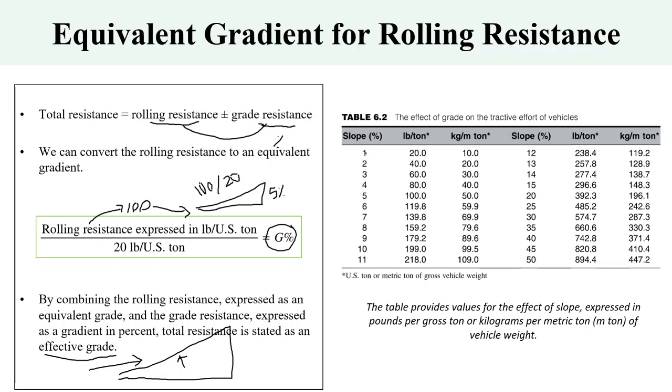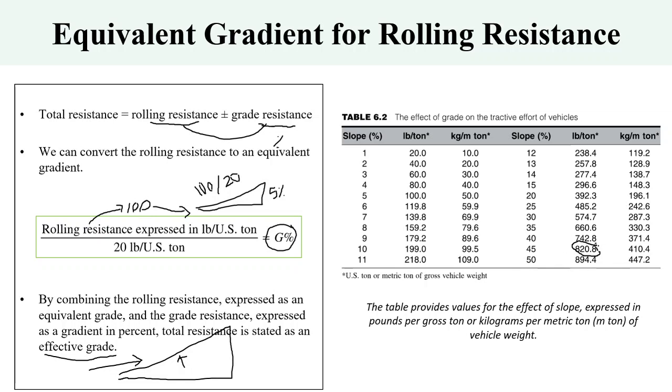So these two numbers are for the same slope, but they are in different systems of measurement. The first column is for pounds per US ton, and the second one is kilogram per metric ton. The higher the slope, the higher the tractive effort, and you can see for 50 degrees or 45 degrees, it is pretty big, right? You need this much power per US ton